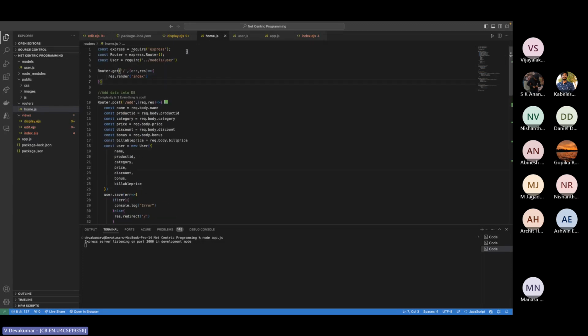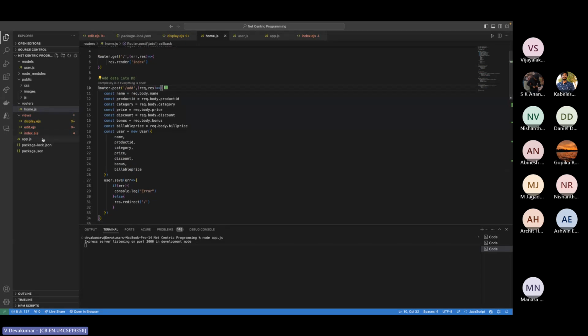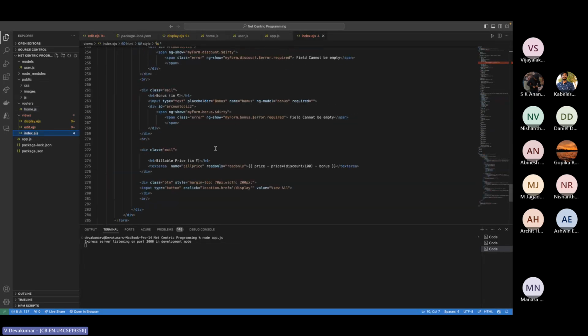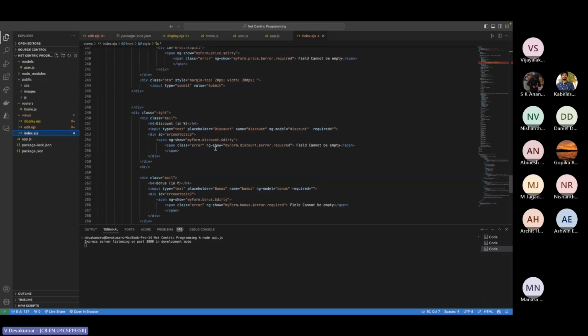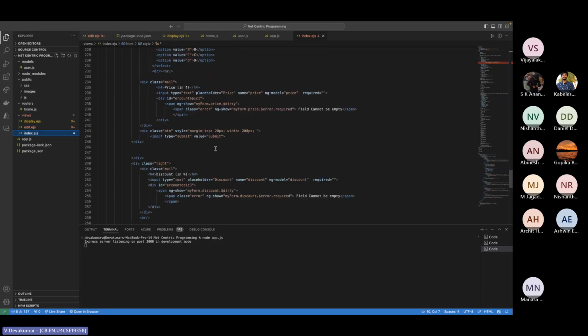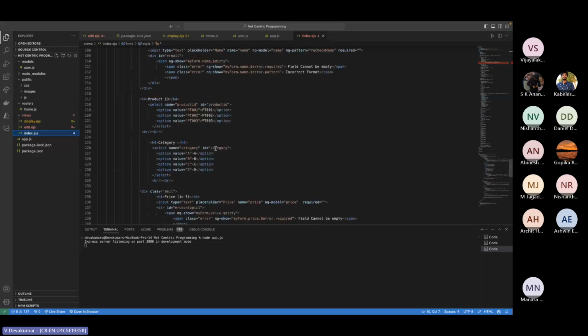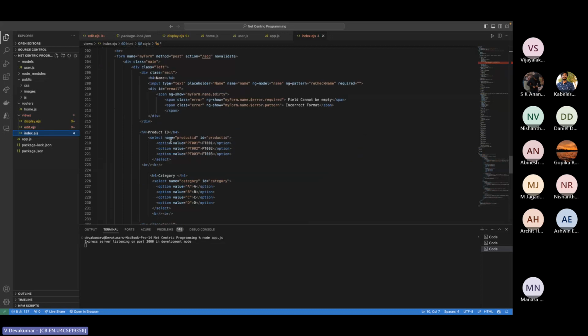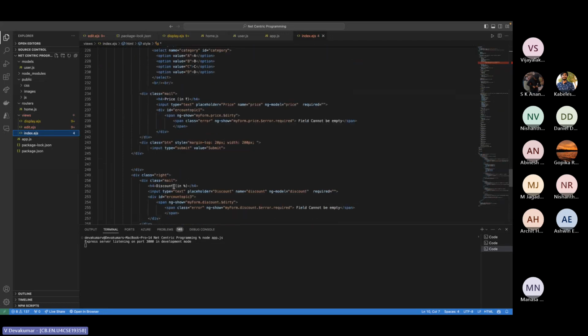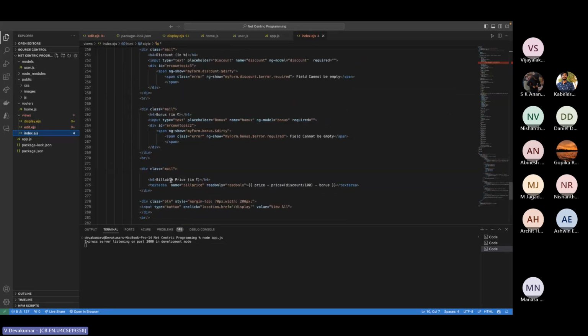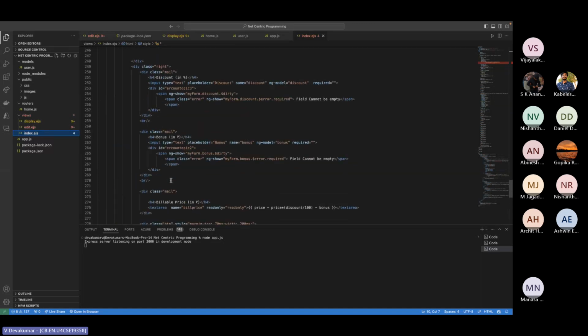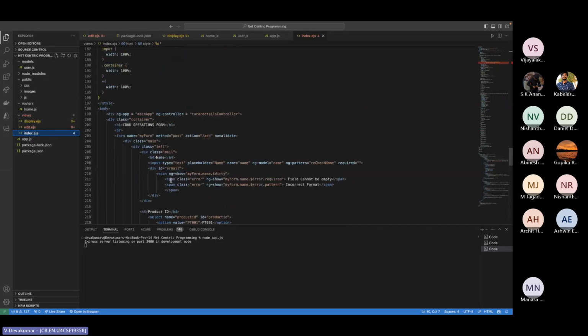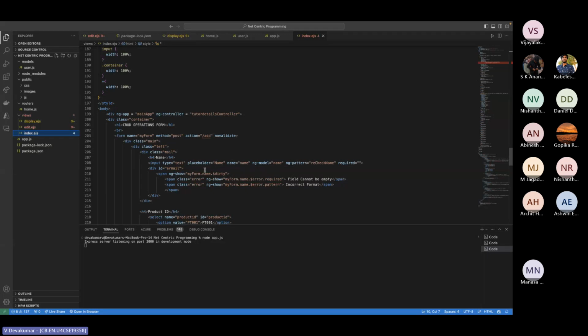Yeah, so we are importing it here, and then let's go to the index.ejs. Here you can see we have name, product ID, category, price, discount, bonus, and billable price. So we have all of this, and here we use AngularJS to check whether